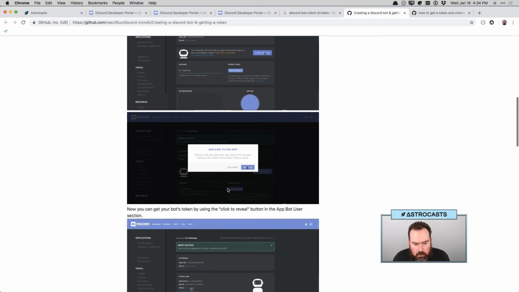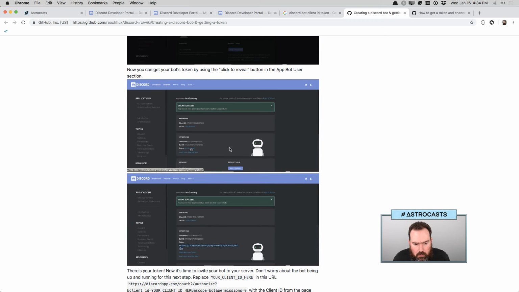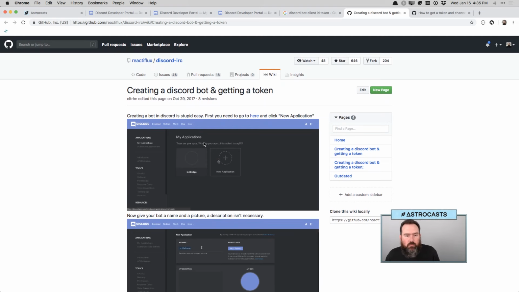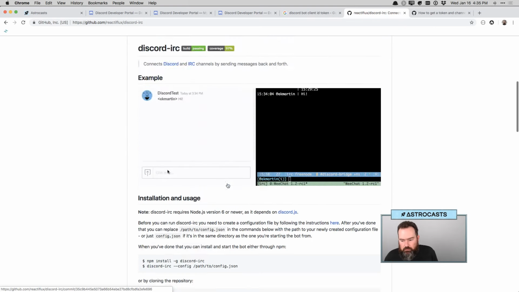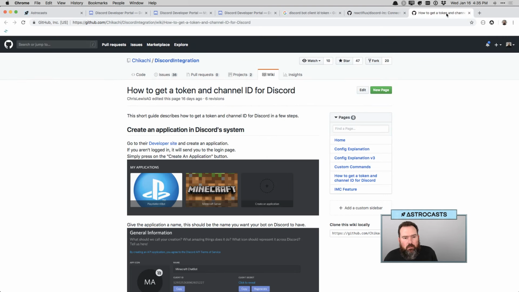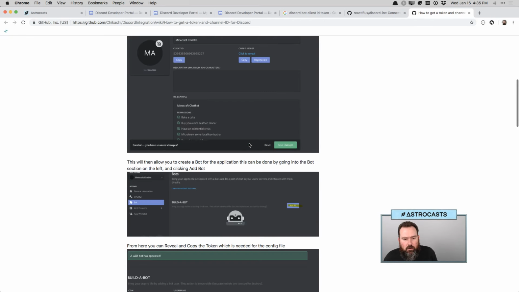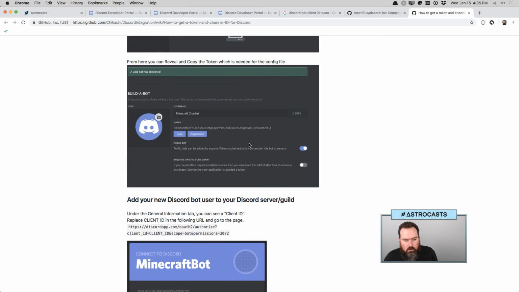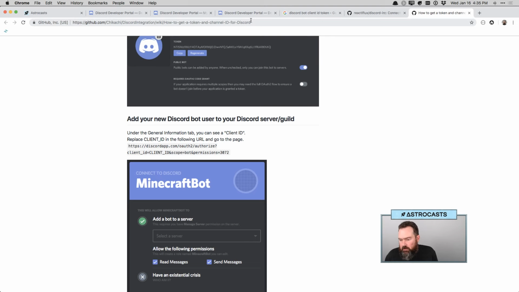Add a bot to this app. Click reveal token. So I've already created it, so there's an IRC gateway. Oh, is this, so this is not what I wanted. Let's see, path. Token ID for Discord. Yeah, so I get that token. See, I thought I added